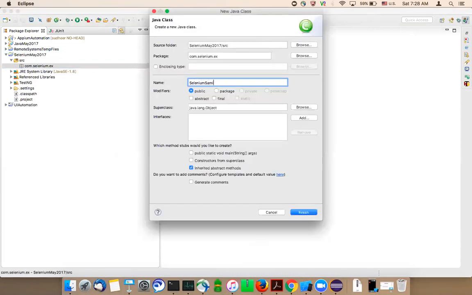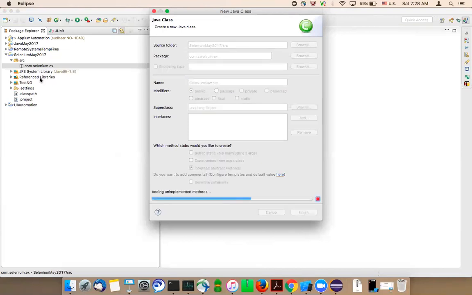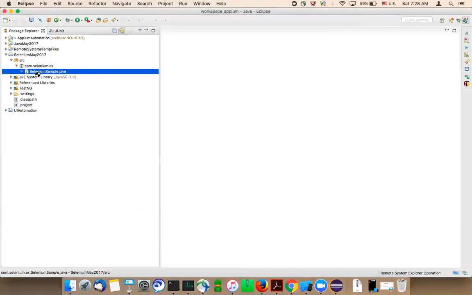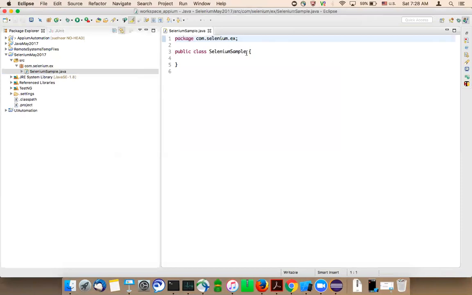So the entire thing is going to be in Eclipse only. There is no user interface for the Selenium tool. It's going to be only Eclipse. Exactly. There's no user interface. For Selenium IDE, there will be a user interface. I'll show you that going forward. It's not so important. For WebDriver, there is no user interface. It's everything in the Java classes.